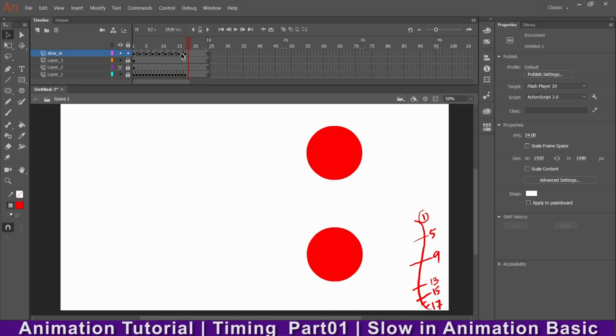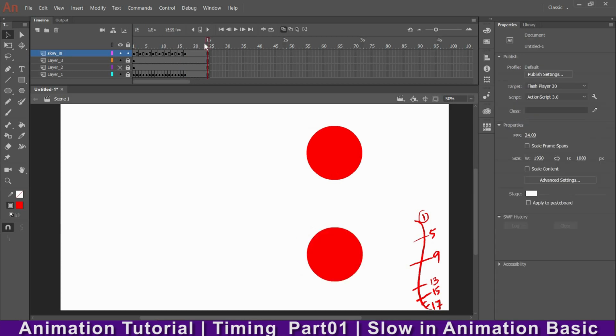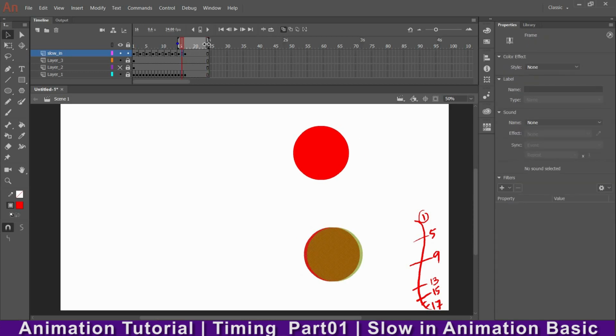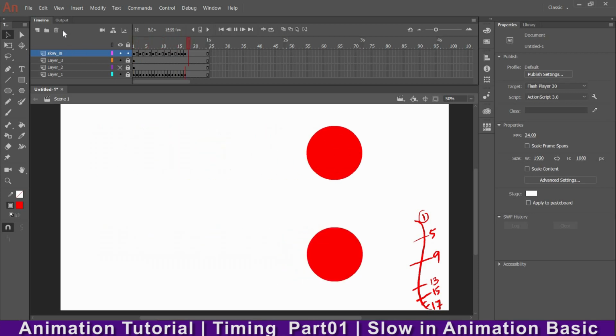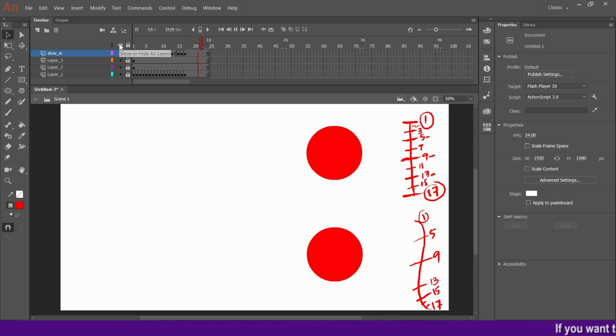And if you want to add more and you want to give more slow in to the last frame, then you can add more frames. Or you can do one thing, if you have space, you can put another frame here and make it closer to the last drawing. Now it is done. See the cushioning. Okay, so like this you can do the slow out as well, just the vice versa of this.